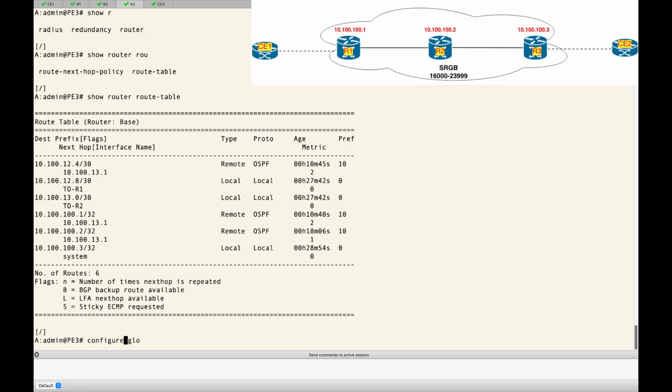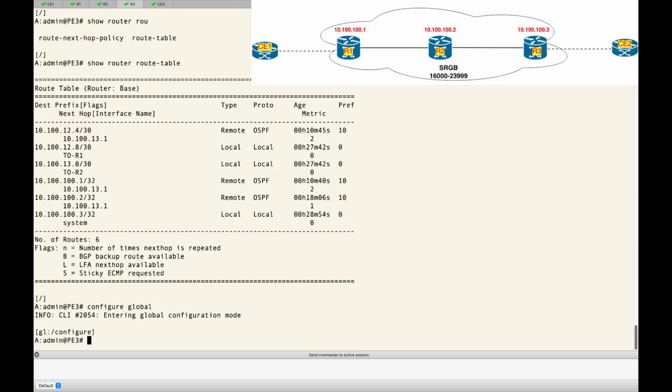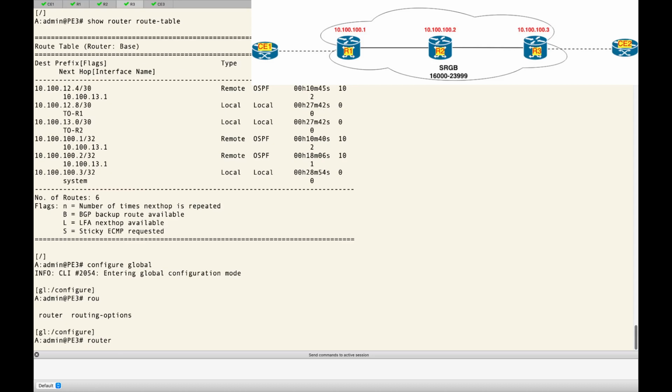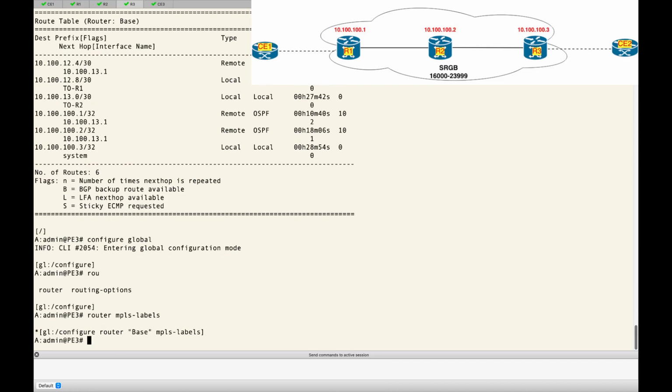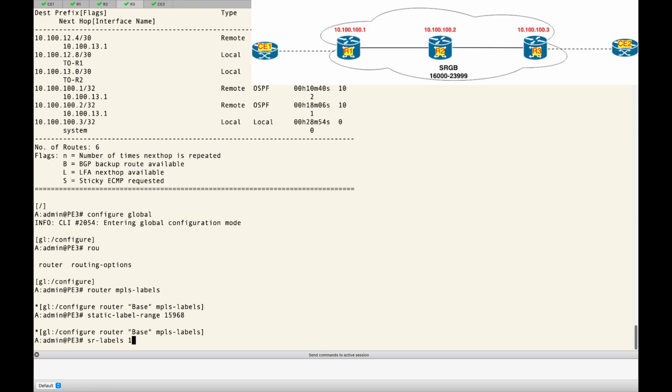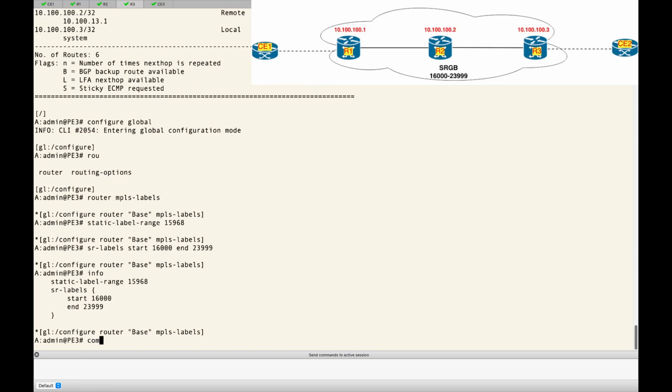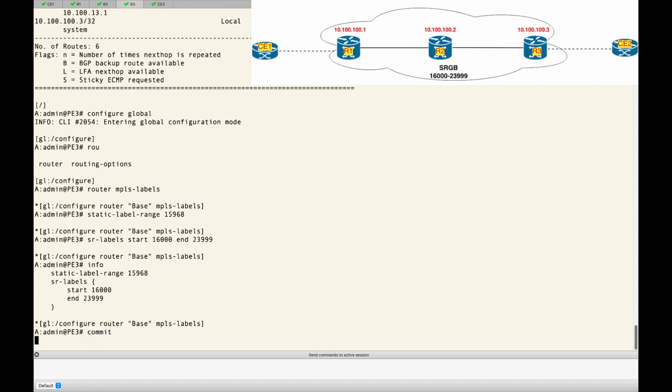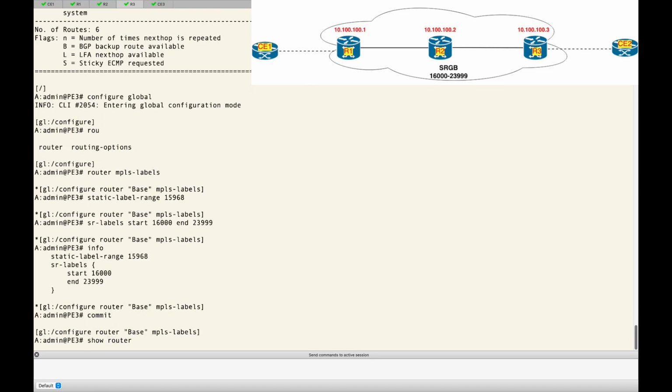Now let's configure R3. Router MPLS label static label range 15968 and then SR label 16000 start 16000 end 23999, and this is the complete configuration and we have committed. Now if we check the show router MPLS label range,